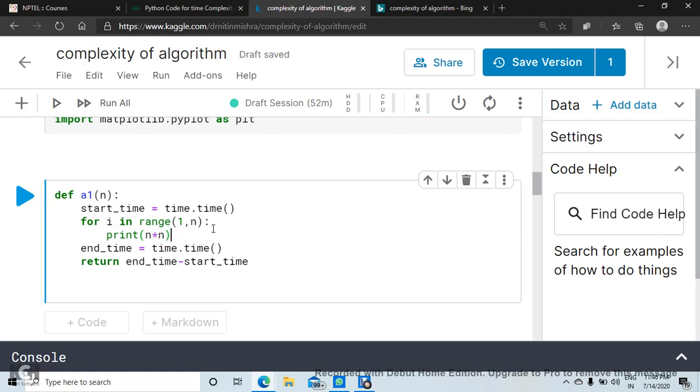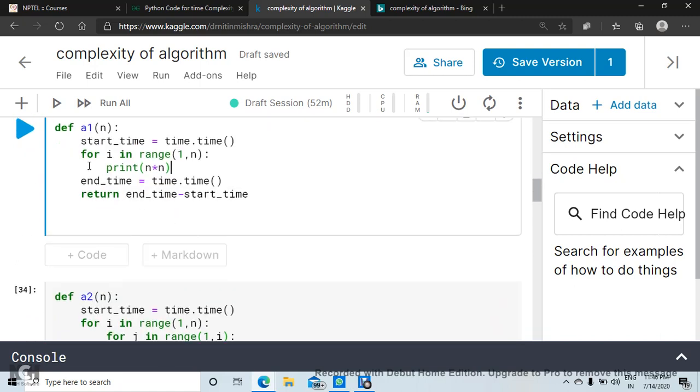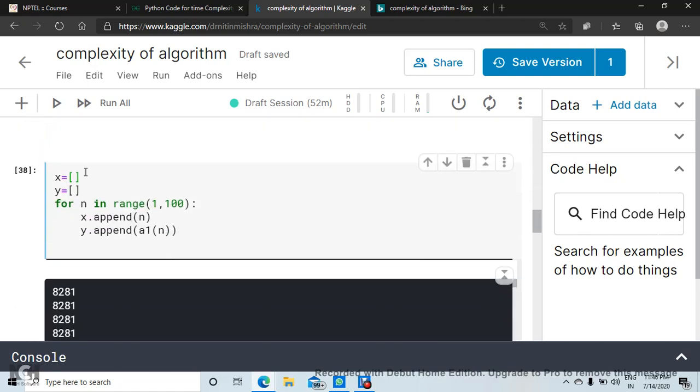So this is a simple for loop, and as per our convention, or theoretically we have already calculated that it has n time, a polynomial n time, means linear time will be taken by this algorithm. Okay, so now what I will do is I will vary this n. Okay, and I will try to calculate the time and see whether it is linear or not. So this is the algorithm, and now I will vary n from 1 to 100.